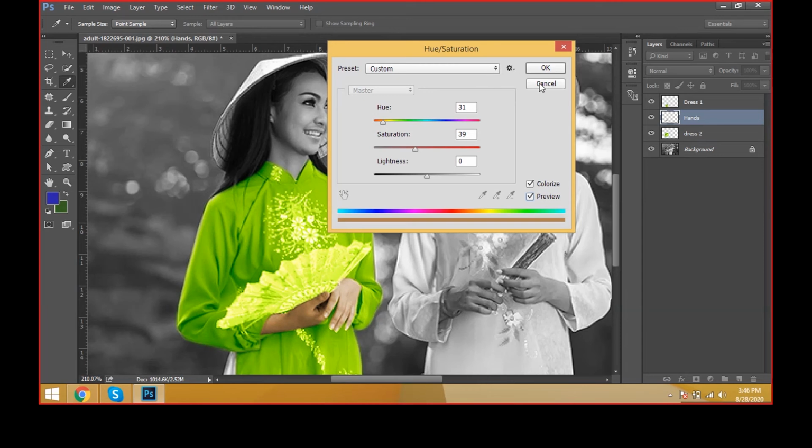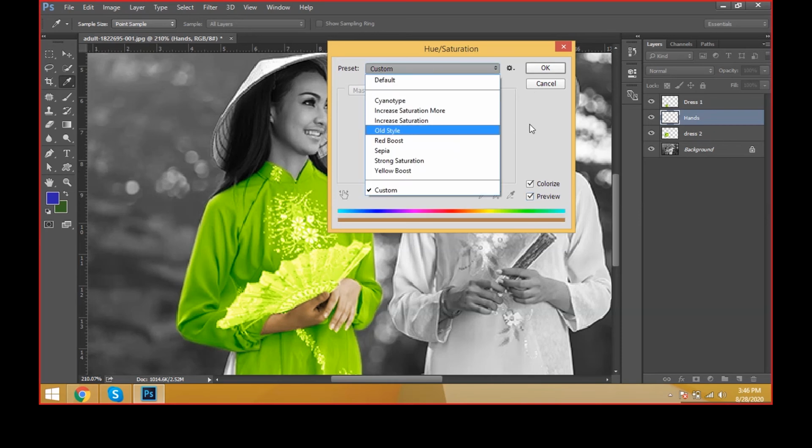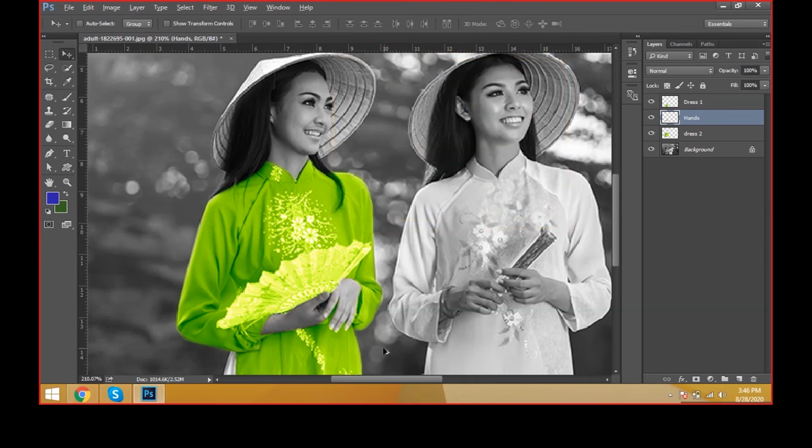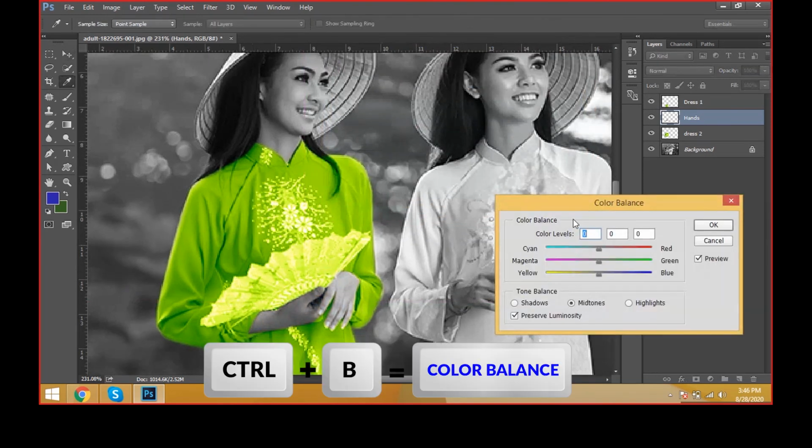Okay, but I don't go with this hue and saturation. For this image we need highlights, midtones, and shadows. Here also we can apply some sepia tones. But I would like to go with a flexible option, that is Control B, color balance.